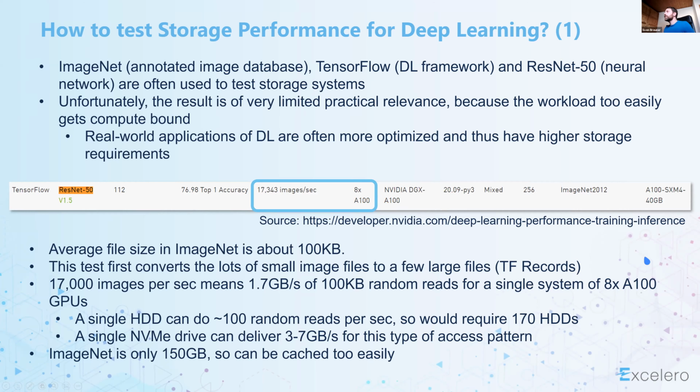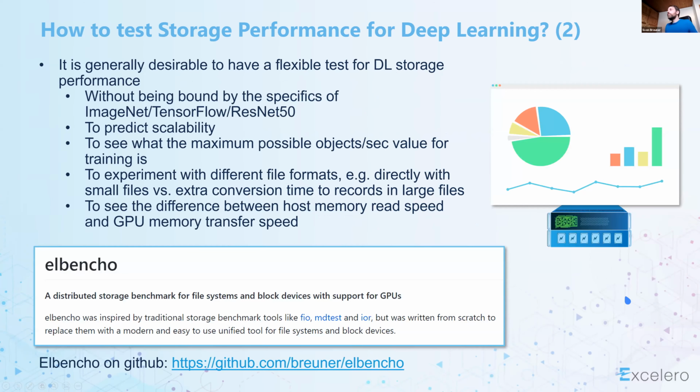Which brings us to the next question of what better test for storage systems do we have available to characterize them? And I searched for that, and there does not seem to be any industry-wide accepted benchmarks for these cases, but we needed, of course, to be independent of the processing speed of the GPUs for a particular benchmark, just to find out how quickly your current system, for instance, can handle these small random accesses, so that you know if it will be good enough or if you need a better system.